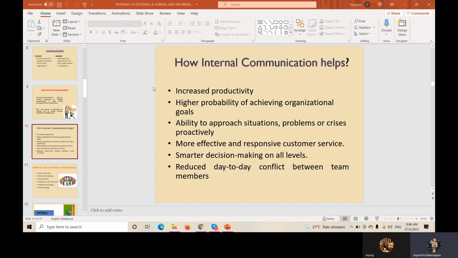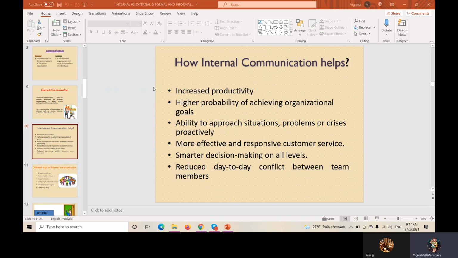You as a member, Peishwan as a member, Jiaying, Damien, all are members within the organization. If you pass the right message at the right time, everybody will receive the right information at the right time, correct? So there is no delay in getting the correct information, correct? You also will receive the information from your members. So there are high chances to achieve the target of the organization, correct?